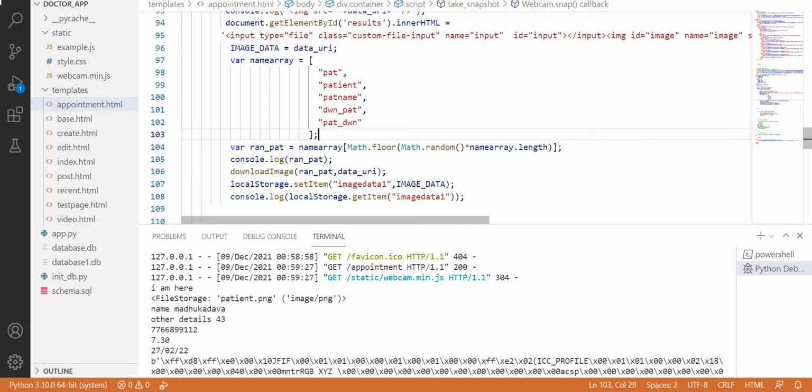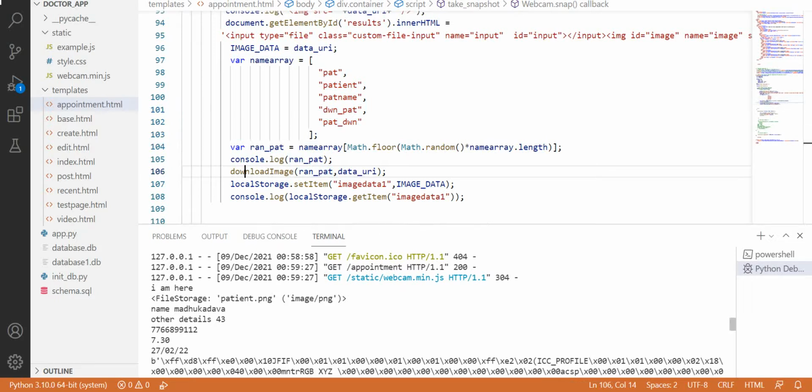This array can be bigger than what it is. So a random name is generated from this array, and this random name is given to the download image function, and then the image is downloaded.